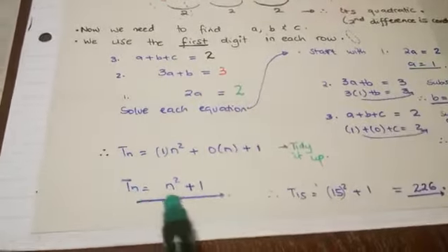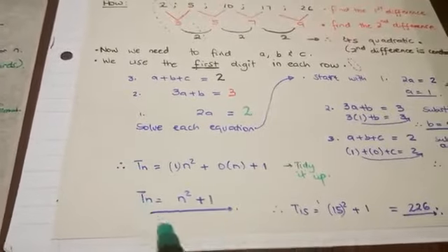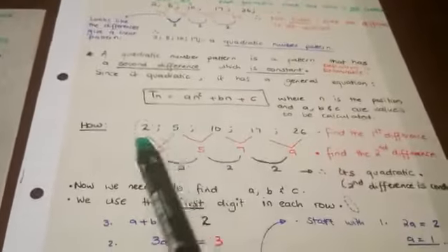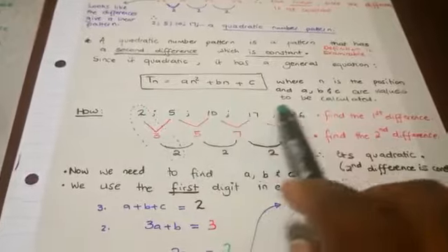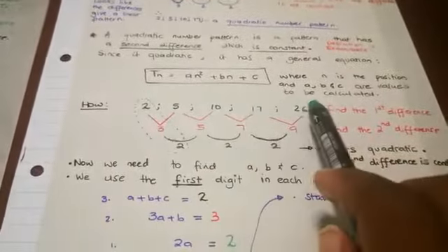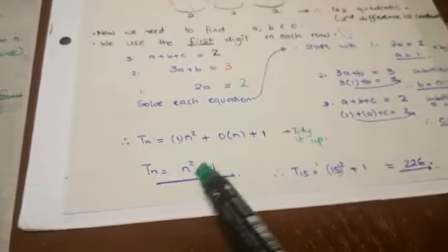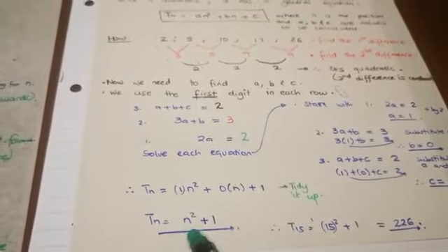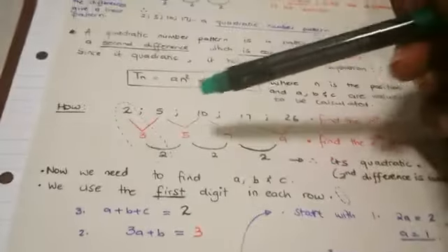Okay, so the general equation is an equation that can be used to find any term that belongs to this number pattern. So you can use that as n squared plus 1. And as you can see,